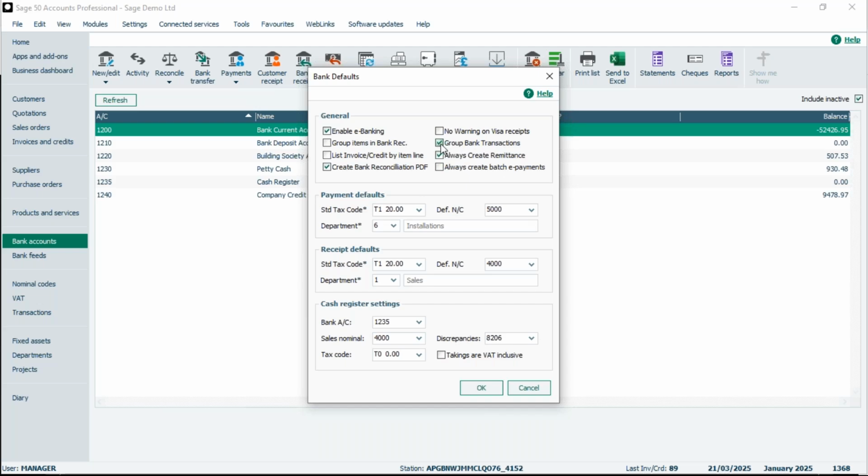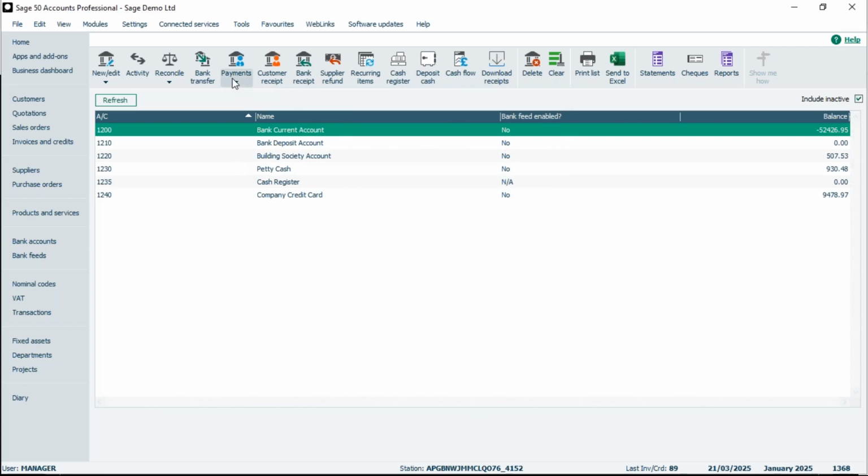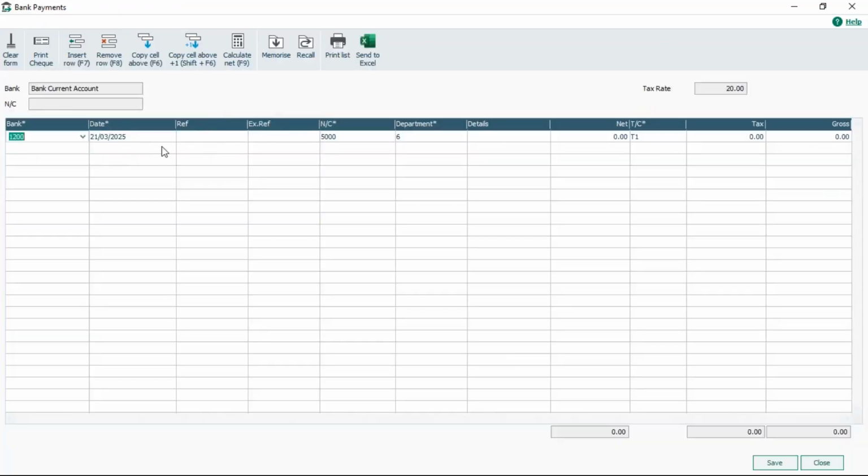With it switched on, the grouping works in the way that we've just described. But if you don't like it grouping transactions in that way, I can take the tick out of group bank transactions. What that then means, if we go back to, let's say, a bank payment, this time it won't use that criteria. So if we say 129,